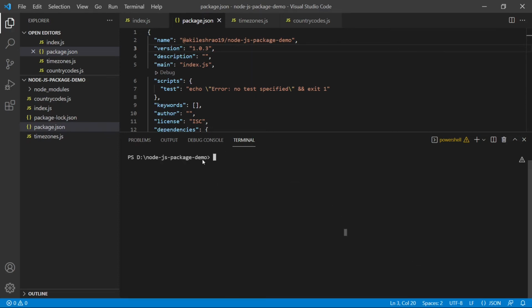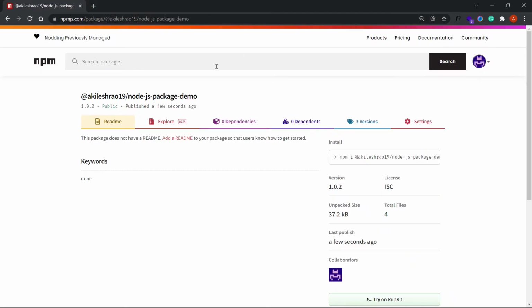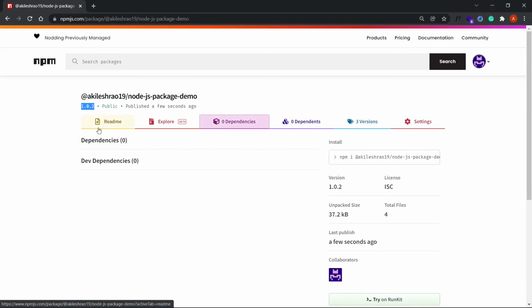Before publishing, I'll actually go back to npm, and inside this package, this is the package that we are changing. It's currently at 1.0.2, and you can see that there are no dependencies or dev dependencies for this package. Now when I publish this, I'll see an extra dependency over here.